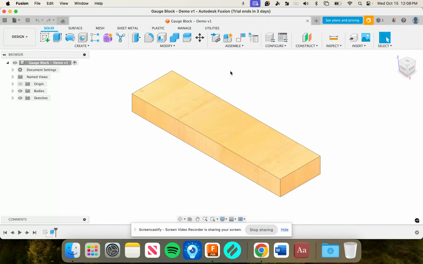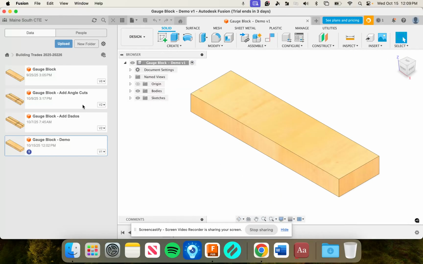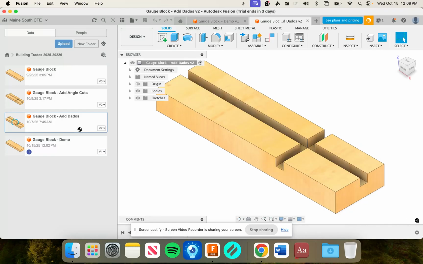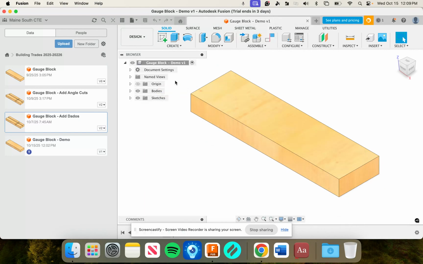Previously we should have done a video on how to get our three-dimensional block sized initially, okay? And then we went and potentially had a video where we added these dado cuts, okay? And again, those were a cut using a sketch and a cut extrusion to create this low spot in our block. The goal of the video today is not to continue with the dado one, but is to actually talk about how to add angle cuts